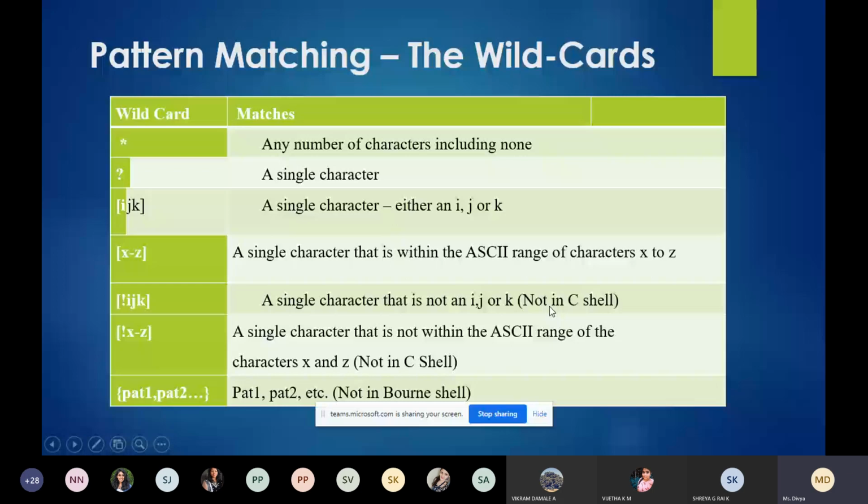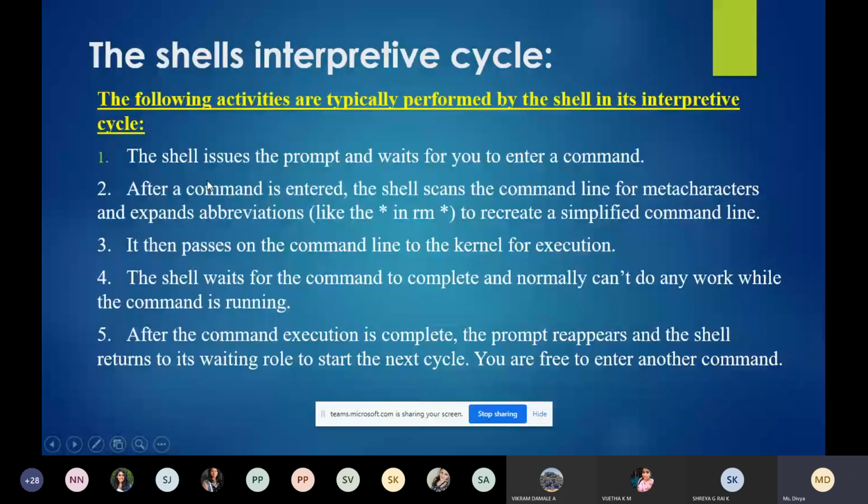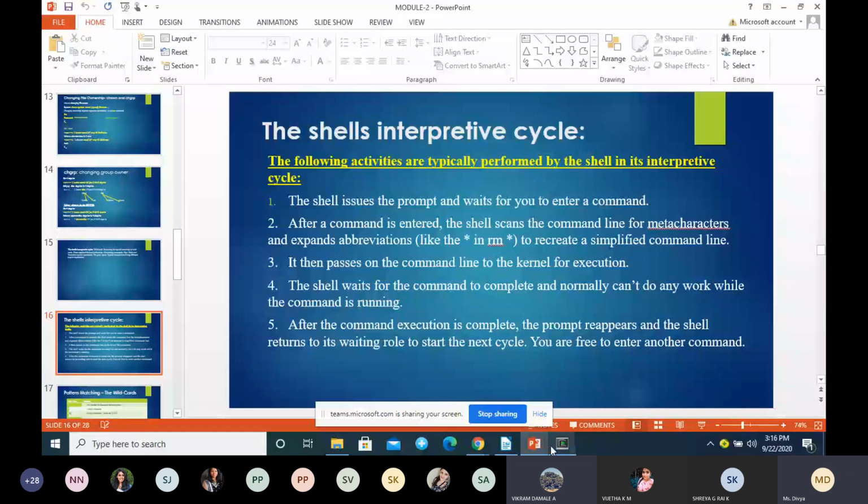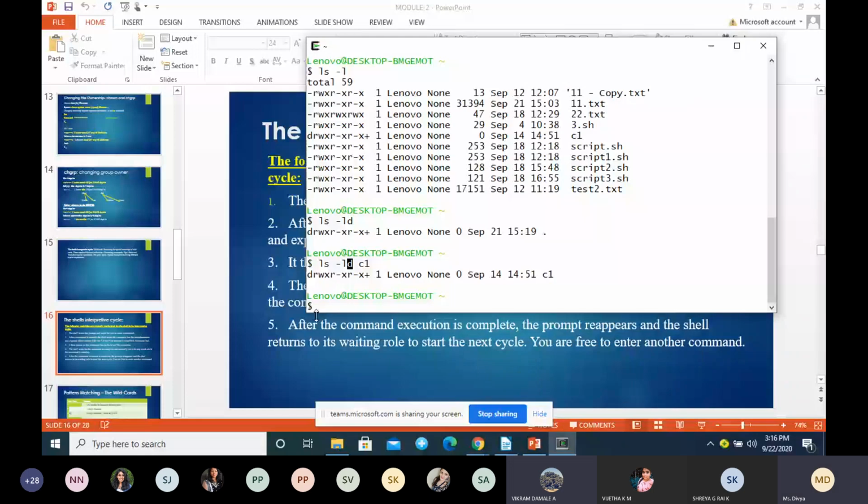You will get a prompt, that's a dollar symbol, and it will wait for you to enter the command. For example, we have seen here, we are having a dollar symbol.